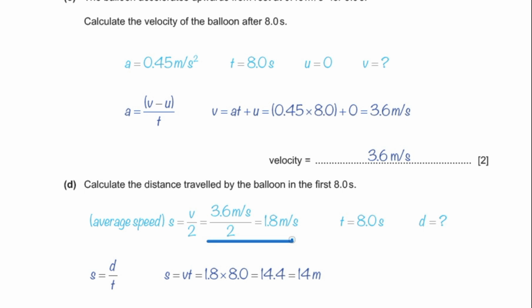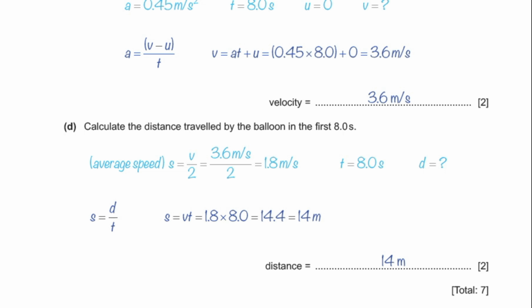Now using the formula, distance equals average speed multiplied by time. Substituting values, distance equals 1.8 multiplied by 8.0, which equals 14.4 meters, rounded to 14 meters. Final answer, 14 meters. This question beautifully applies Newton's laws and motion concepts to a simple scenario, reinforcing key physics